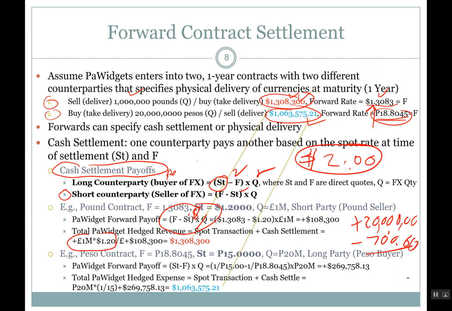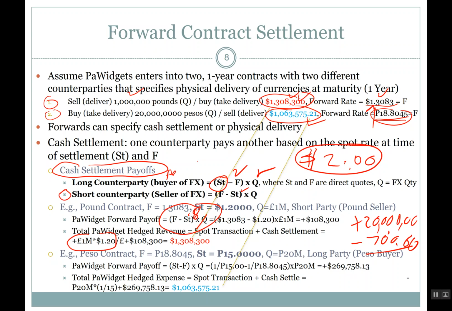All right, but you still expect to receive 1 million pounds next year. I'm going to show you this in a minute when I show you the spreadsheet. Most firms actually do that. It's called a hedge ratio or coverage ratio. So a firm with, say, one year of expected pound revenues generally has coverage ratios of between 75 and 90%, which means for every dollar of expected revenue, they're only going to put a forward contract on 75 cents,